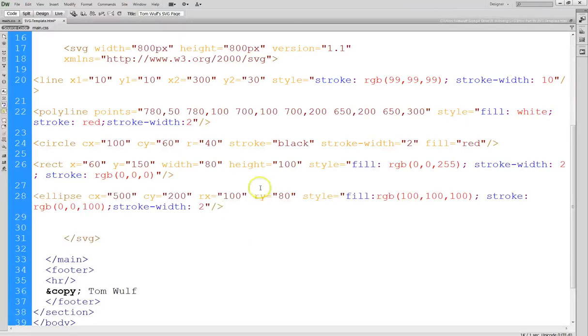Okay, so an ellipse is basically drawn when it has two center points, and so you can see that it has two radii. So you can see that we have a center X and a center Y. Then we have radius X 100, radius Y 80. And then again we have a combined style, and so you can see we're using the RGB function here for the fill, and again for the stroke, and then the stroke width again is 2. Okay, so again basically it has two radiuses, one on the X and one on the Y